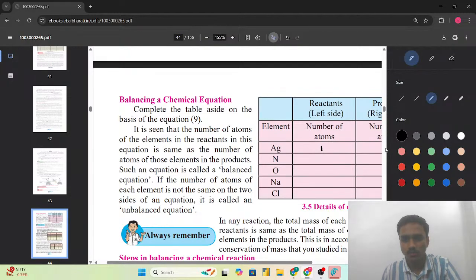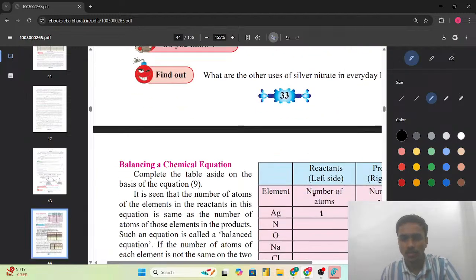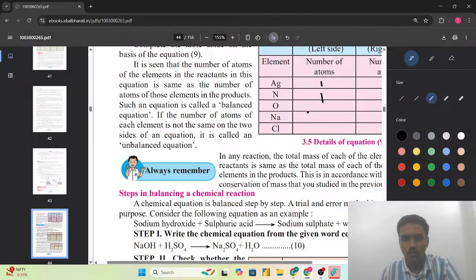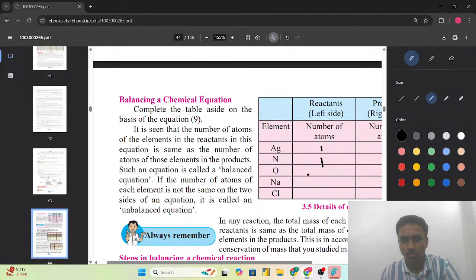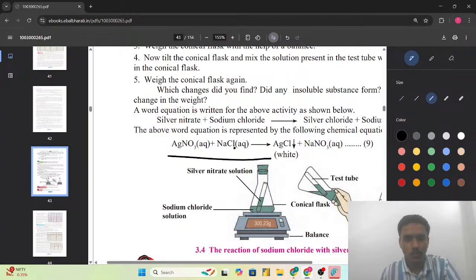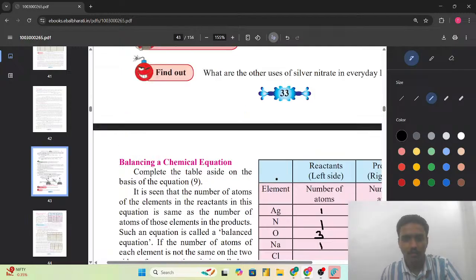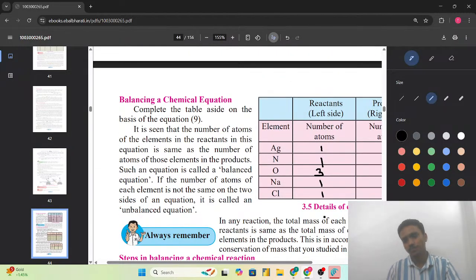Then number of the रिएक्टेंट्स ऑफ नाइट्रोजन के कितने एटम्स हैं? सो नाइट्रोजन एक ही है। We have to consider this side as we are thinking about the reactants. सो नाइट्रोजन यहाँ पर हम देख सकते हैं, नाइट्रोजन इज 1। Then we have asked about the oxygen. ऑक्सीजन 3 है। सो ऑक्सीजन विल बी 3। Then we have asked about the sodium. सोडियम यहाँ पर एक ही है। सोडियम एक है। देन क्लोरीन, Cl is also here 1।